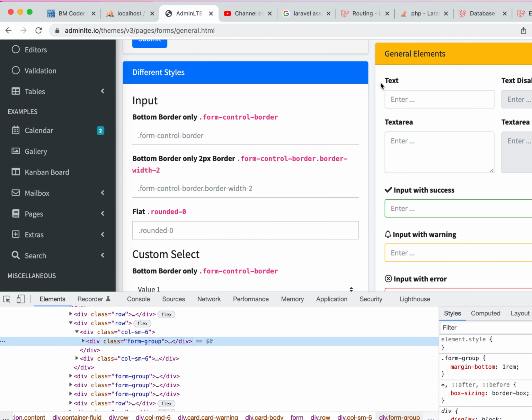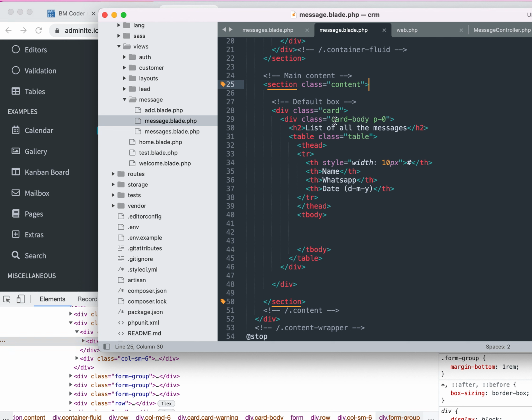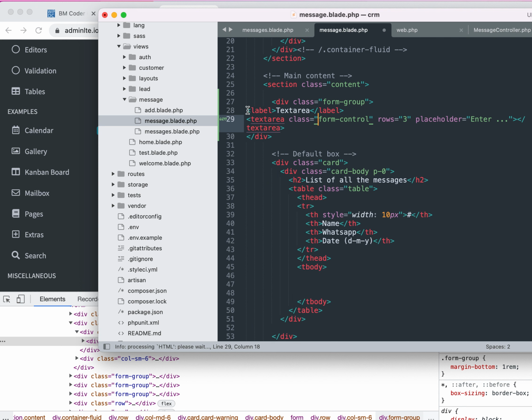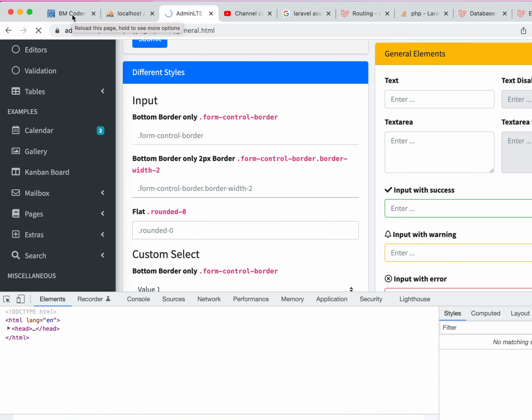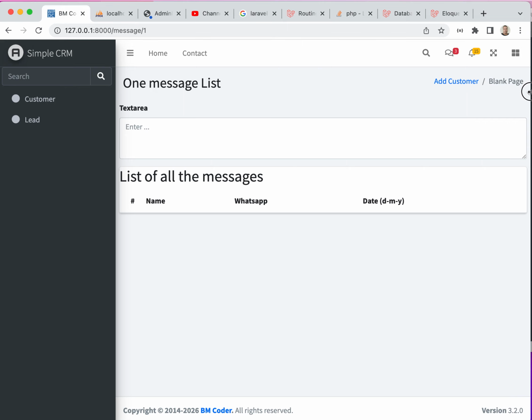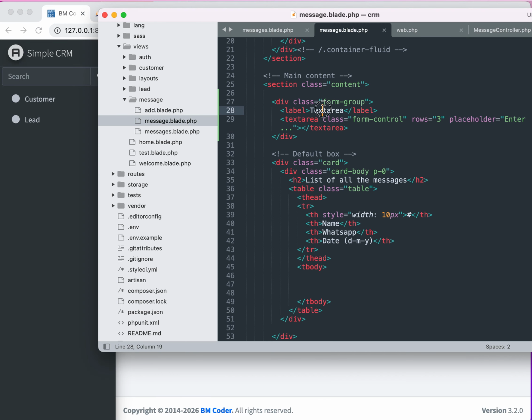It is a card box, correct? So you need to make sure it's in the card box. Let's put it, don't worry about anything, first paste it, and then we will see what's happening. You can fix it. Okay, make it look nicer. This should be inside here. Okay, and we don't need a placeholder. Let's see. Oh, sorry, this is the thing. Okay, nice, this one is nice. Let me make it a bit smaller. See, very nice text area,